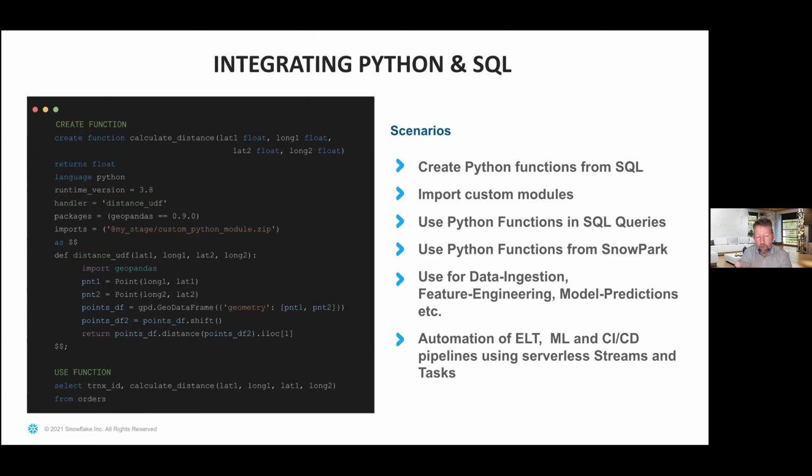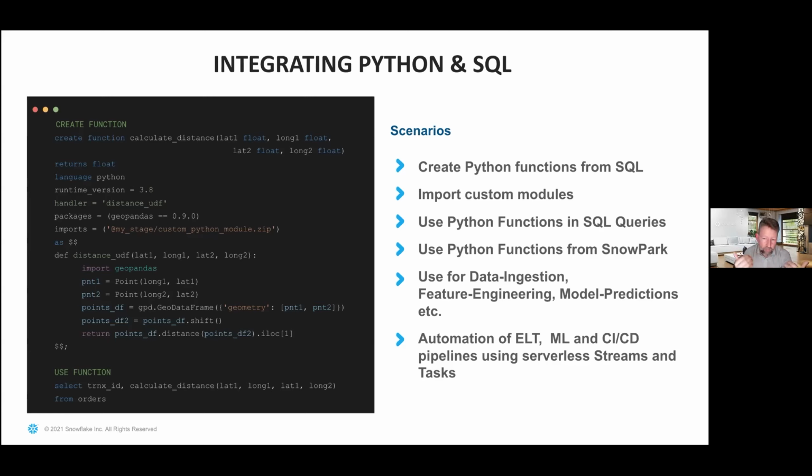And so the typical use cases we're seeing for this already is people building custom file or data transformers to transform specific file types that maybe we don't have native support for today.